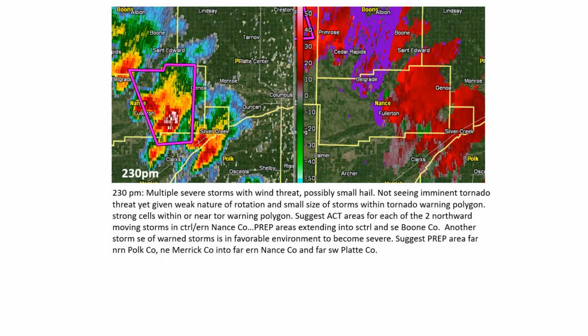Nevertheless, for the wind and hail, the chat message suggests some action areas shown in the red shade covering the threats for the next 10 to 20 minutes, with prepare areas in yellow shade extending for longer lead time periods. Now you'll also see a storm east of the warning area that is not severe yet, but could intensify and become severe. For that kind of scenario, we would have just a large prepare area for the potential for the storm to become severe over the next 15 to 30 minutes. This is all suggested in the chat message as shown.